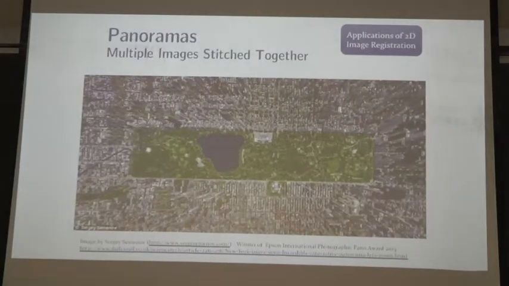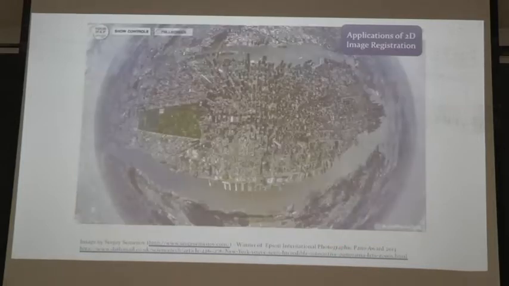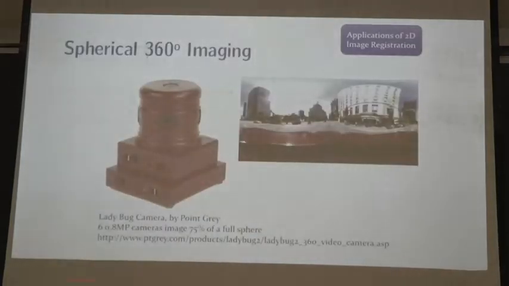This is a very interesting panorama. This was done through drone photography over Manhattan. Another picture. You have these types of cameras which give you 360-degree panoramic views now, right? This is a product by Point Grey, which is now bought by FLIR, so it's actually a product by FLIR now. They have 5 cameras on this, and then one more on top. Each of the cameras is taking video as you are moving, but then they fuse them together according to the correct transformations into a view like this.